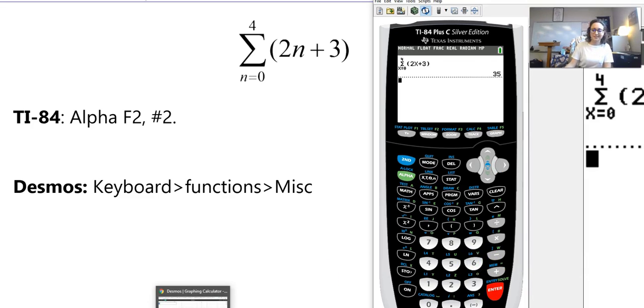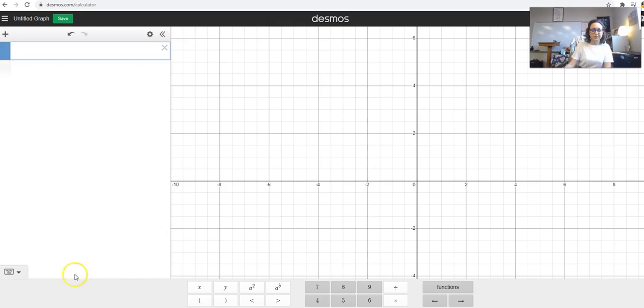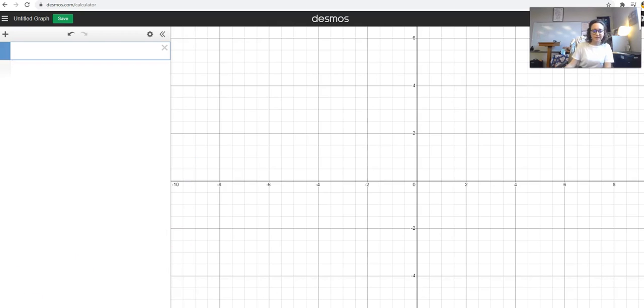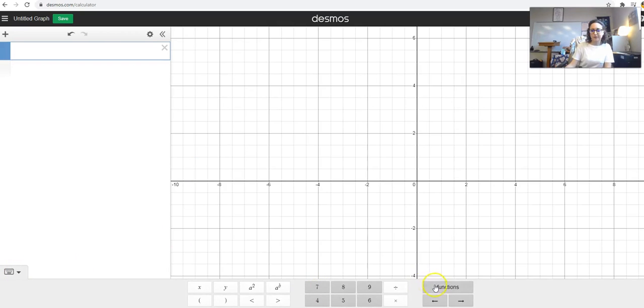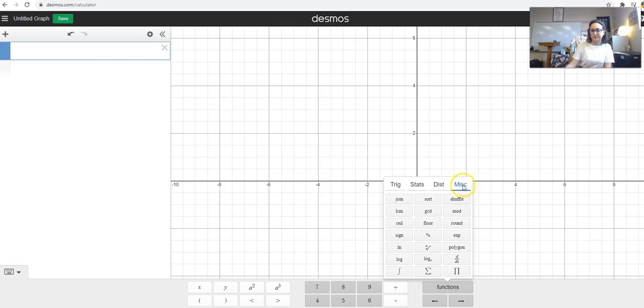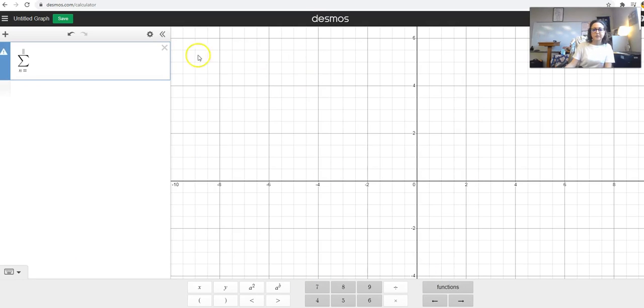Okay, we can also do this on Desmos. You can go to your keyboard here. So pull up your keyboard, go to functions, it's under miscellaneous, and it's the sigma notation right there. You can also grab that if you like shortcuts. If you just literally type in sum, S-U-M, it's going to turn it to sigma. Now notice that they're using n here. So I'm going to go from n equals 0 to 4, open parentheses, of 2n plus 3 this time, and